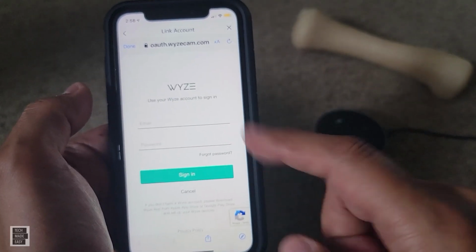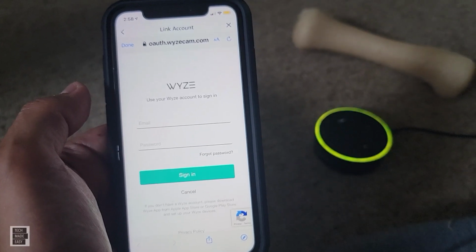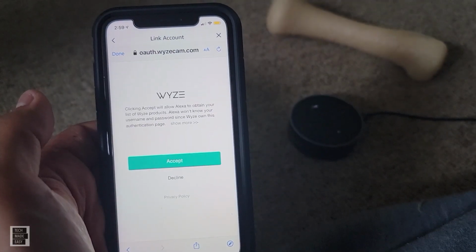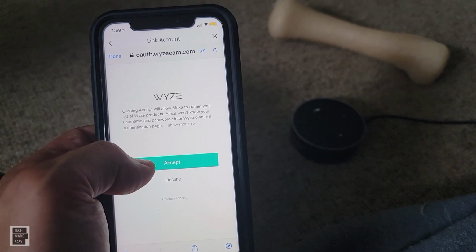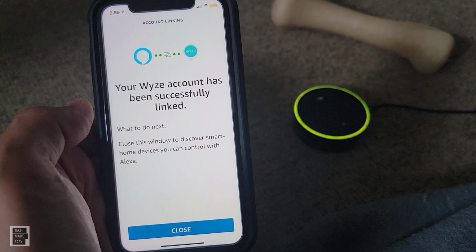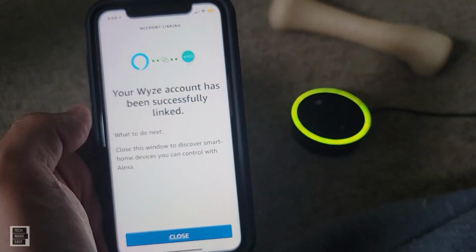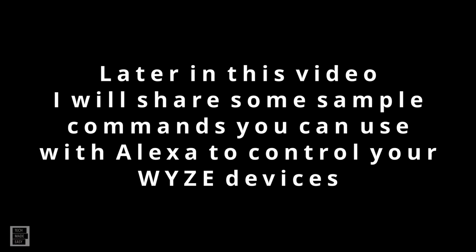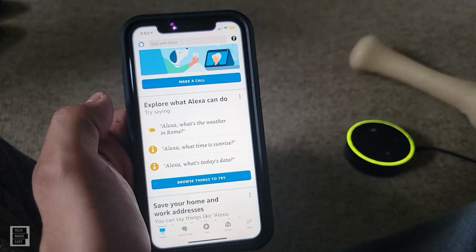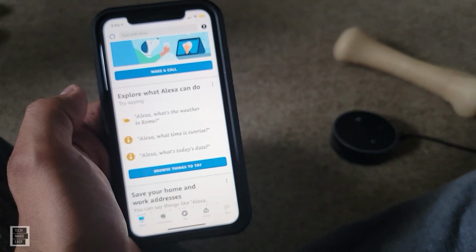You have to sign in to your WYZE account to give it access to your WYZE account. Once you sign in, you're going to hit accept. Then you're going to get a message saying your WYZE account has been linked and it is successful. Okay, now that you've added the WYZE skill,